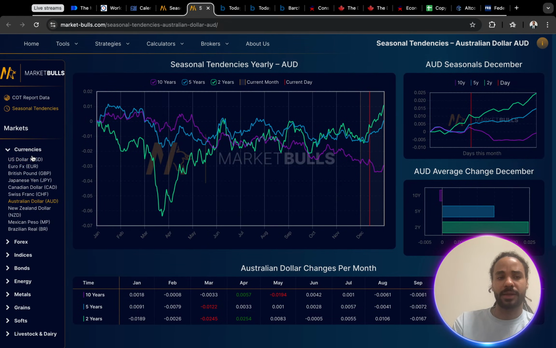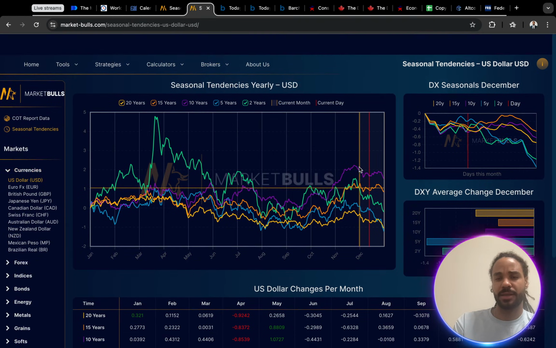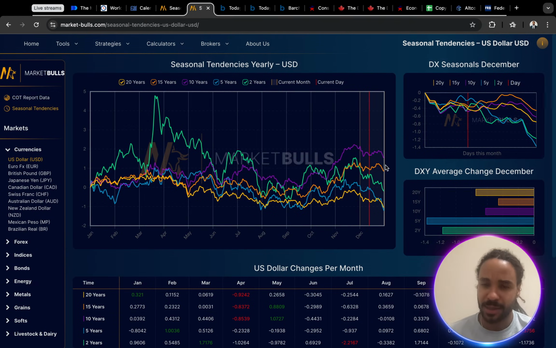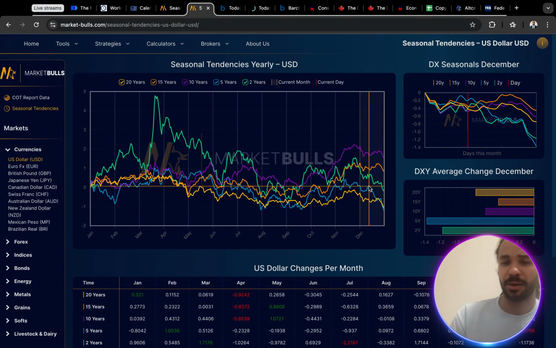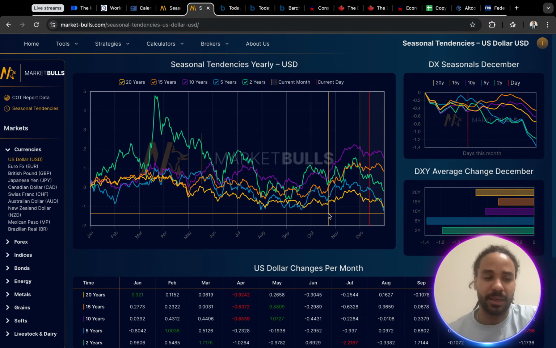You want to look at currencies, look at the USD, break it down to 2, 5, 10 years, see what's going on. Are they in the same direction? Pretty much, yeah. We have the 5-year crisscrossing the 20-year, and the rest are kind of on a down. So these are the kinds of confirmations when it comes to the dollar. For example, if we had the rate cut and a lot of crisscrossing of some of these 2, 5, 10 year, then we would need to dive a little bit deeper, right?